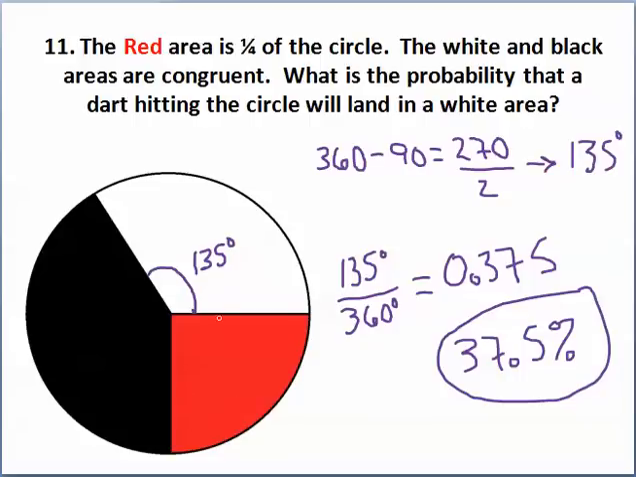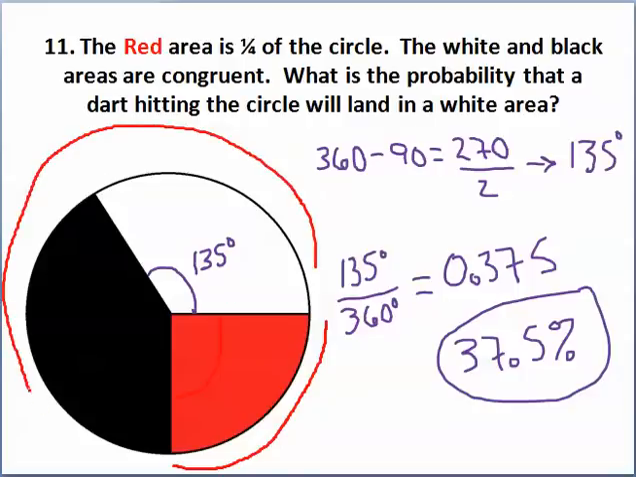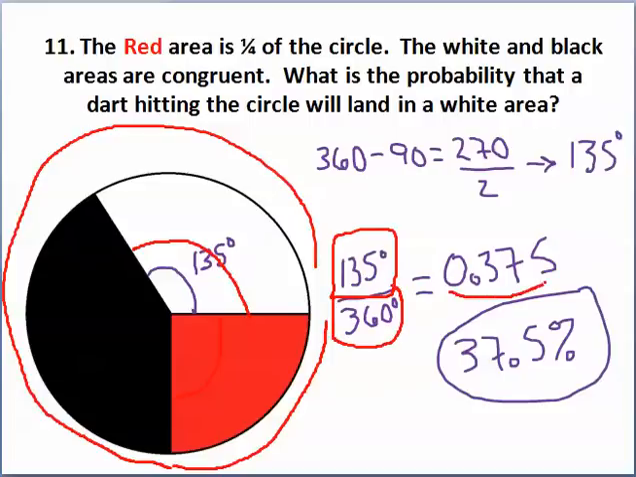Well, if this is 45 degrees, if this is 90 degrees right here, then that means the rest of it is 3/4 of the circle, or 270 degrees. Half of 270 degrees then is 135 degrees. So I have 135 degrees divided by 360 degrees. It turns into this decimal, and then if I shift the decimal 2 places, then I wind up with an answer of